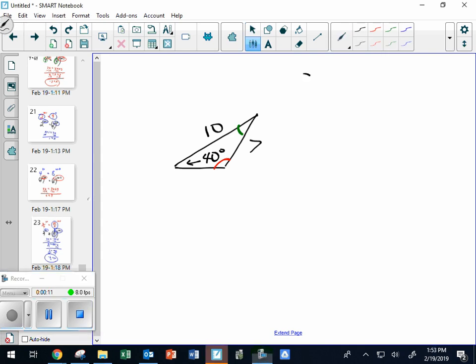Hopefully you knew that law of sines would work because we have an angle and the side across from it. So sine 40 over 7. That's a good start to this. And then you could either do the green one or you could do the red one. And I suggested that you want to do the red one because you have the side across from that. So the red one is sine of, I'm going to call it theta, over